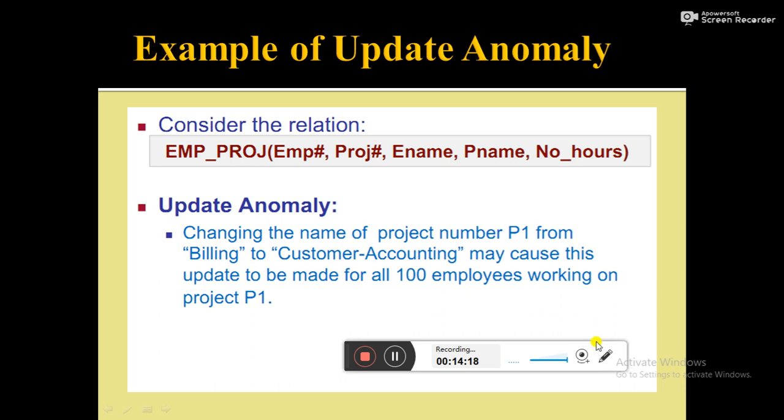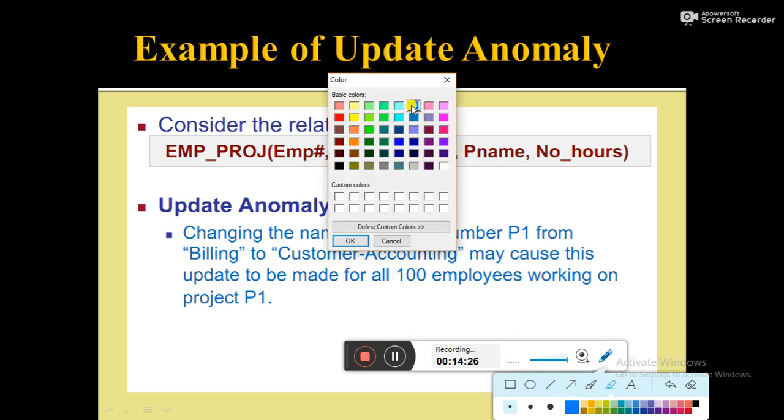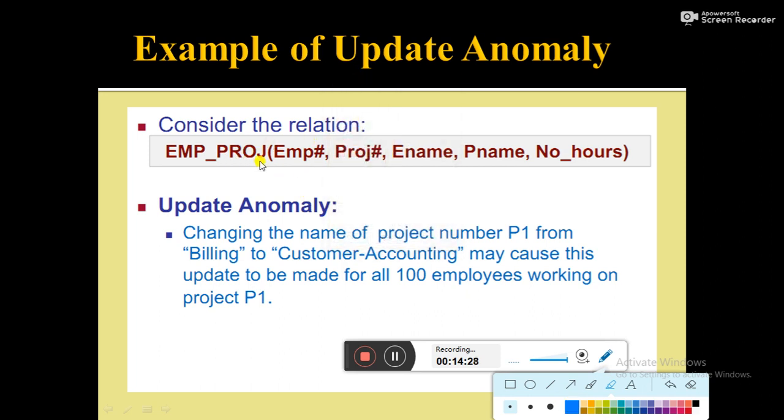Now, the first question is whether this relation emp_proj is a good design. Is it a good database design or a bad design? Already we have learned what guideline 1 is. Guideline 1 states that do not combine the attributes from multiple entity types into a single relation. But in that single relation, we are combining the attributes from two entity types: